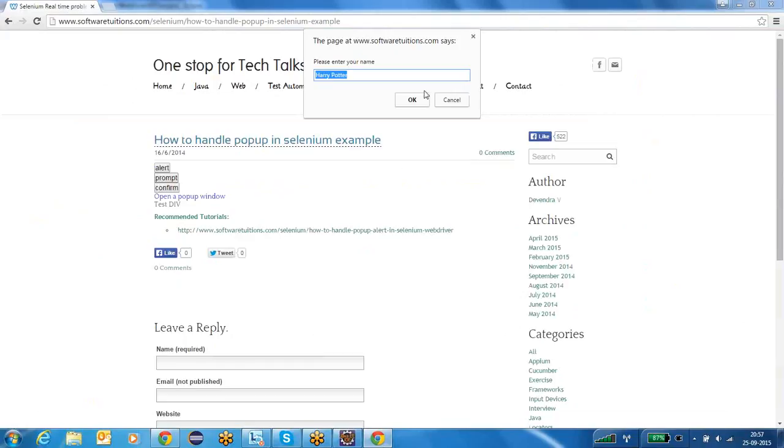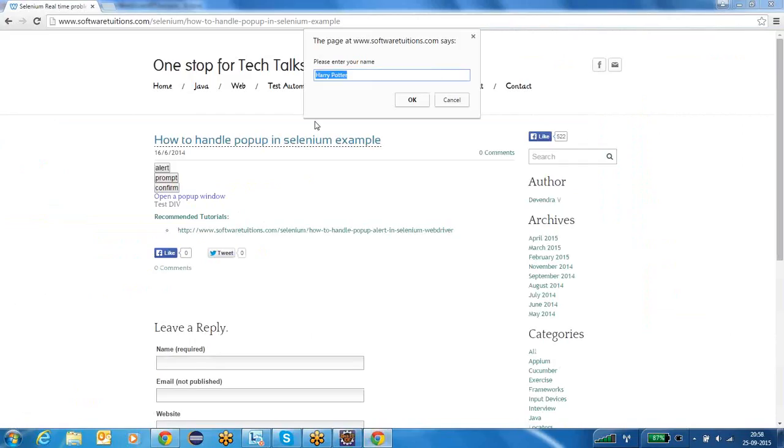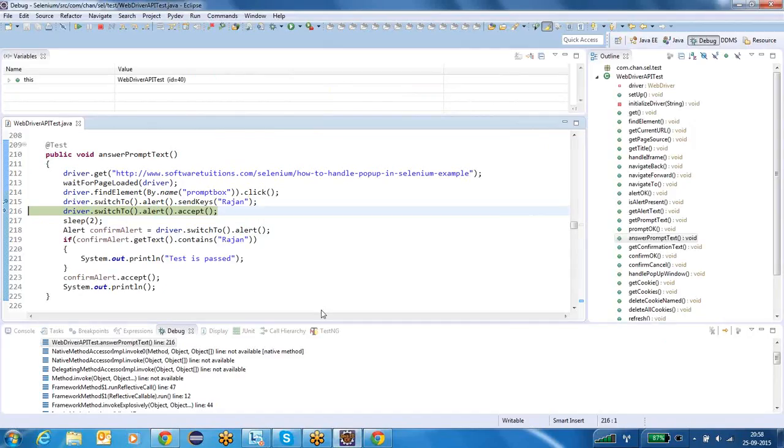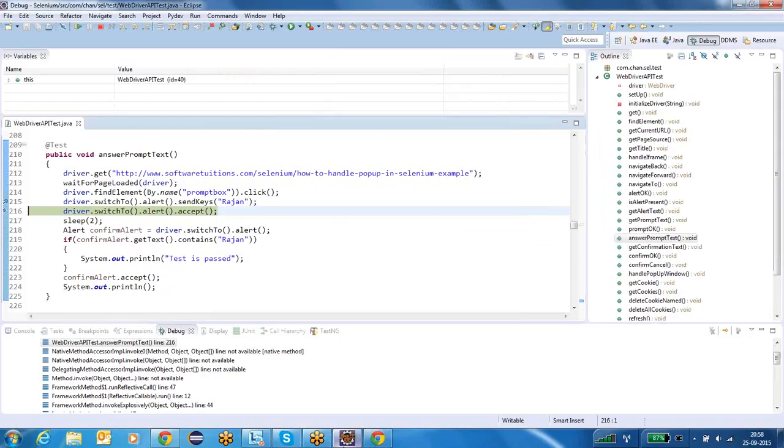Like alert boxes, to click on the OK button you need to call driver.switchTo().alert().accept. If you call accept, then the prompt box will be accepted. See this, still you are seeing Harry Potter. Even though I called sendKeys Rajan, you are still seeing hi Harry Potter. But after accepting, you will see the real message.